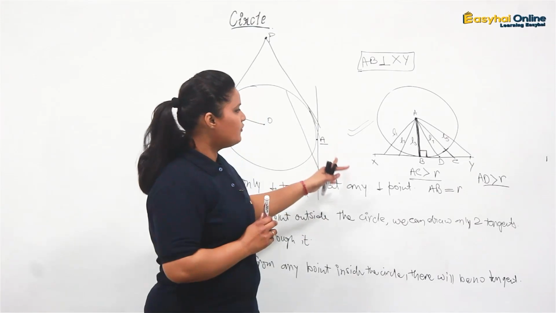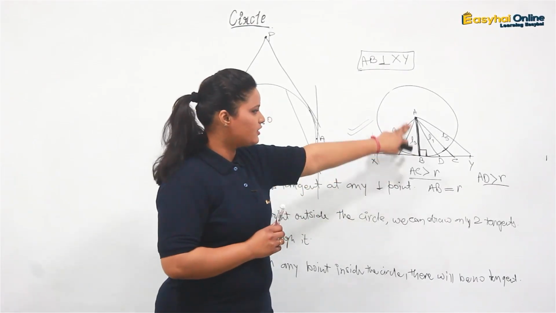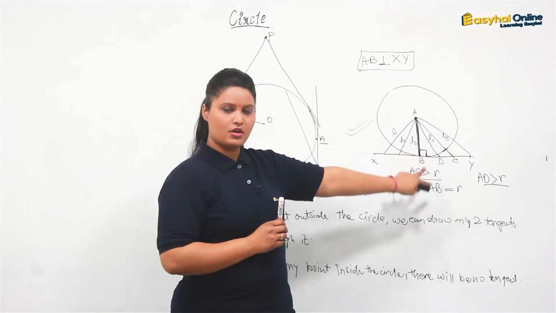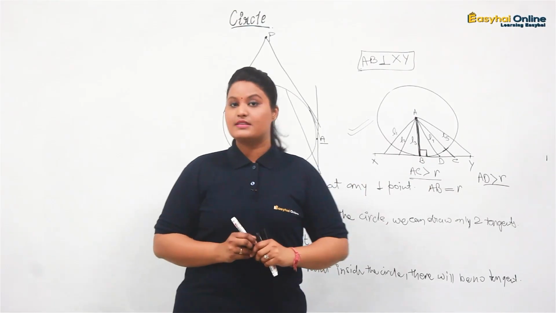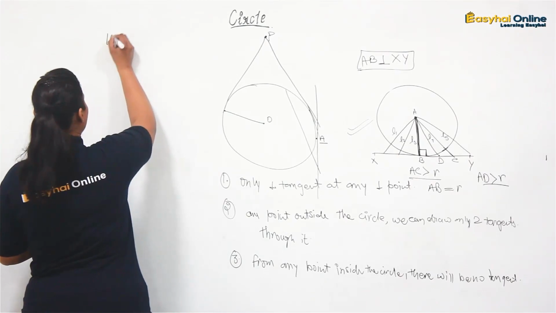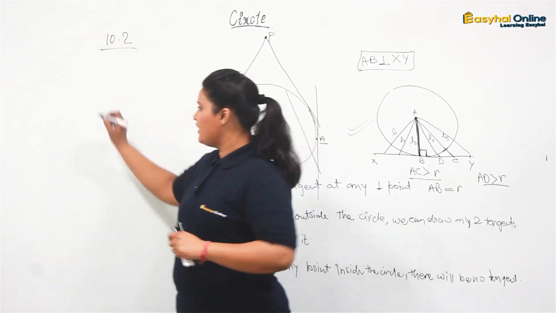So this was the first theorem, 10.1, related to the shortest length from the center to the tangent, which is the perpendicular on the tangent. Now another theorem is your theorem 10.2. Okay, in which there is a circle,